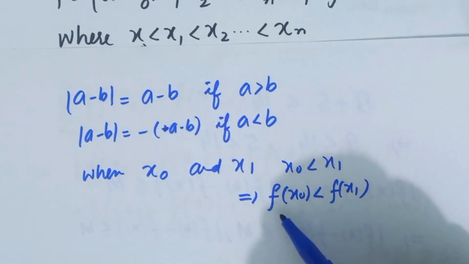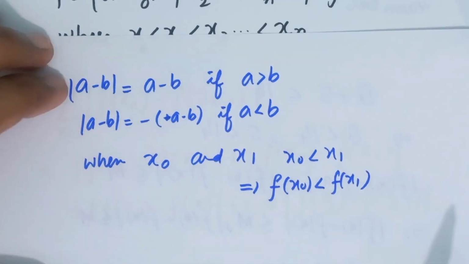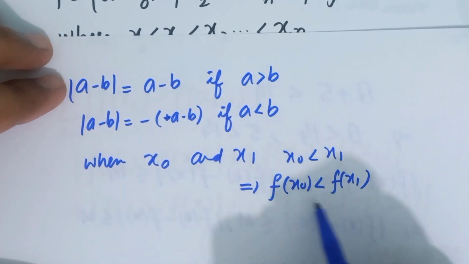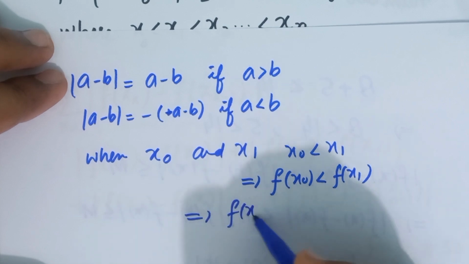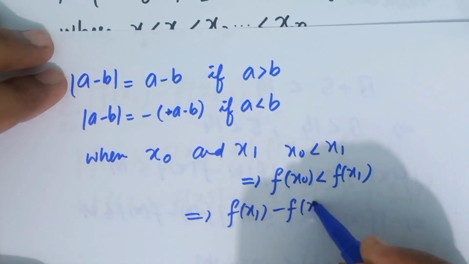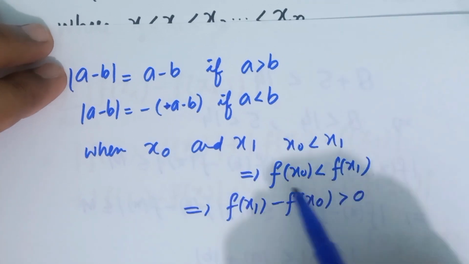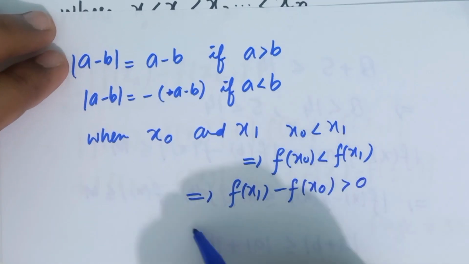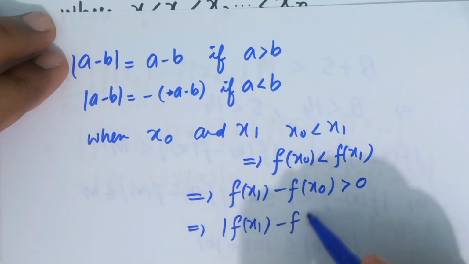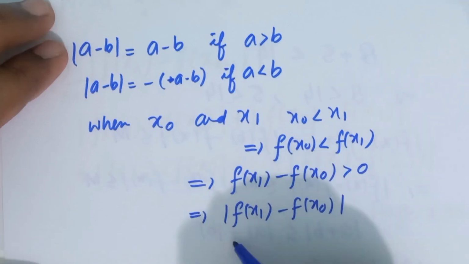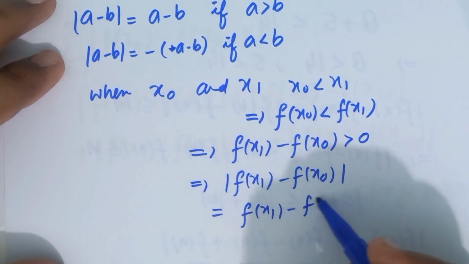When f of x0 is less than f of x1, this implies f of x1 minus f of x0 will be greater than 0, or in other words, f of x1 is greater than f of x0. So the absolute difference of these numbers is equal to f of x1 minus f of x0,